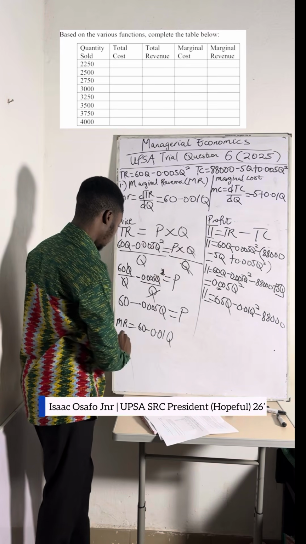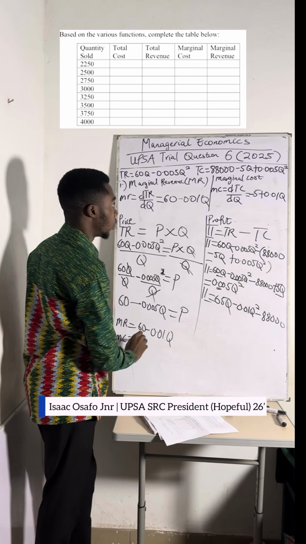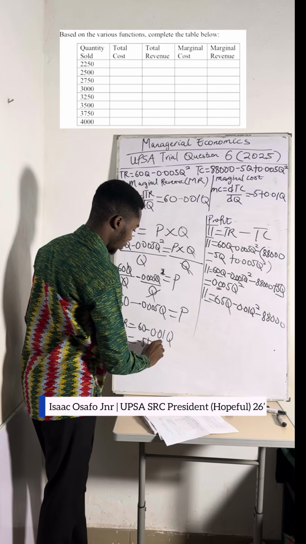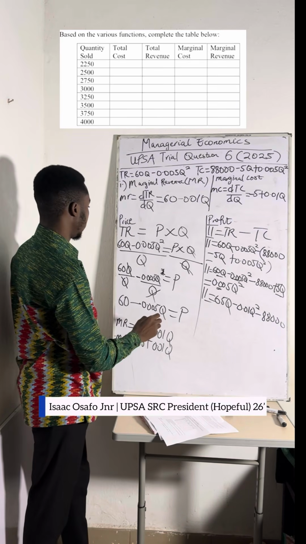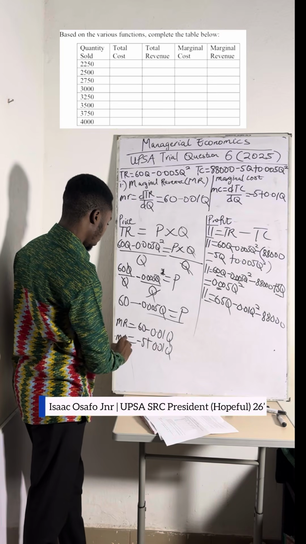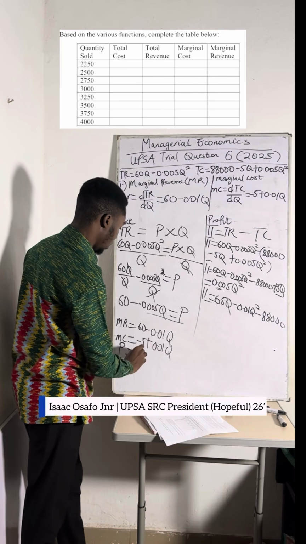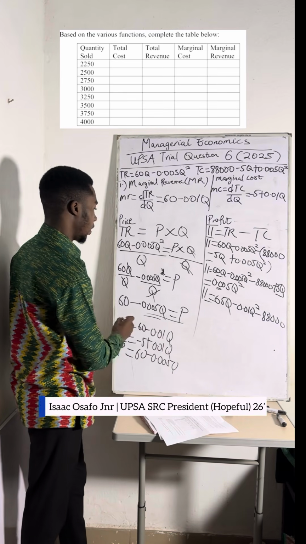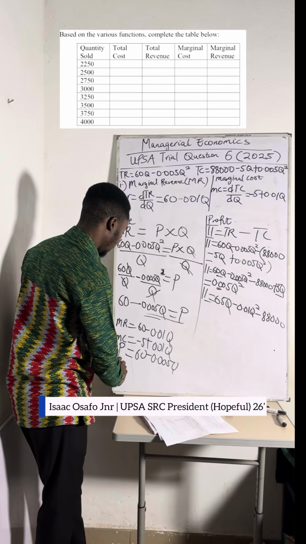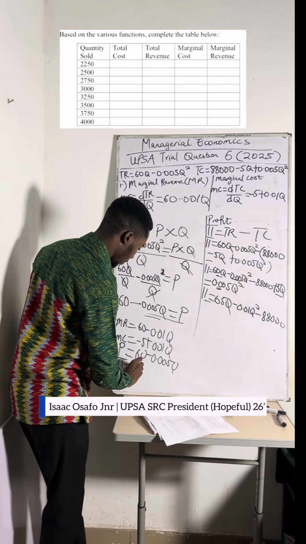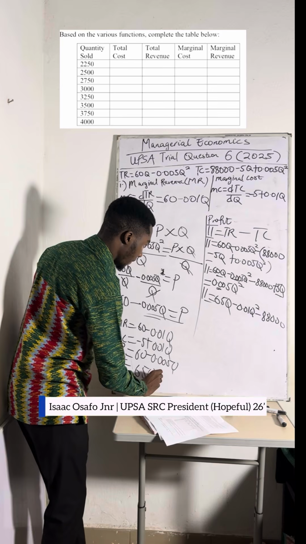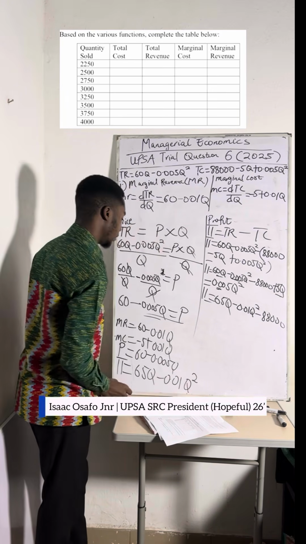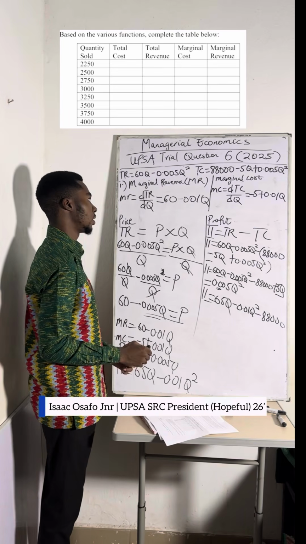Then our marginal cost is also equal to -5 plus 0.01Q. Then our price, P, is equal to 60 minus 0.005Q. That's for our price. Then our profit finally is equal to 65Q minus 0.01Q squared. Okay, so now that we've got all the functions, they said based on these functions, we should